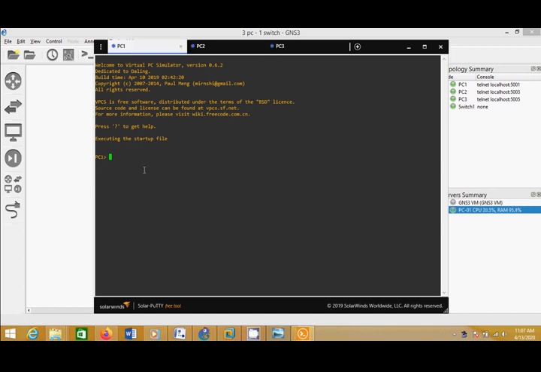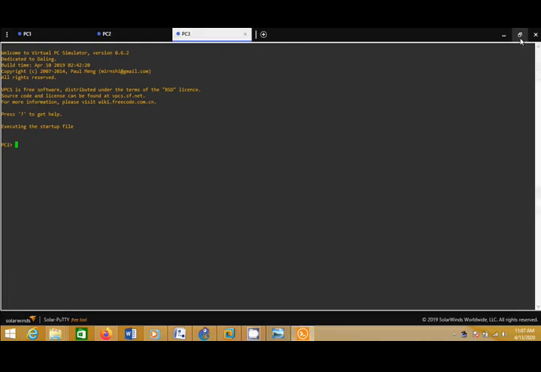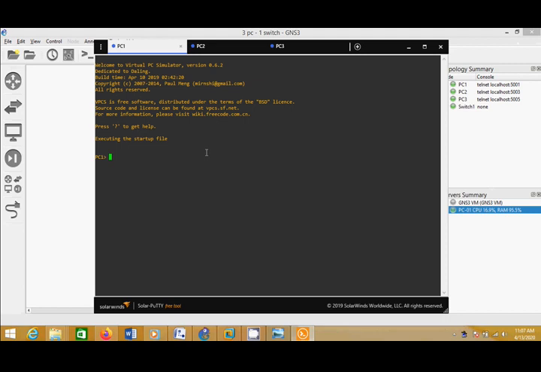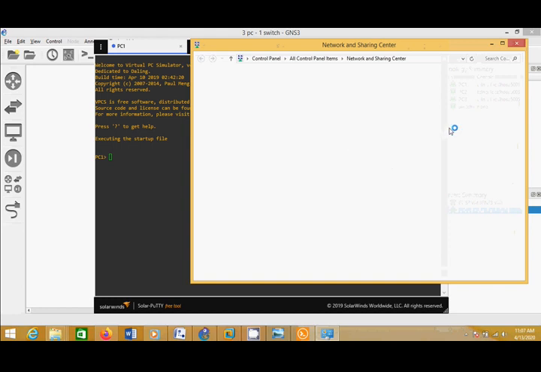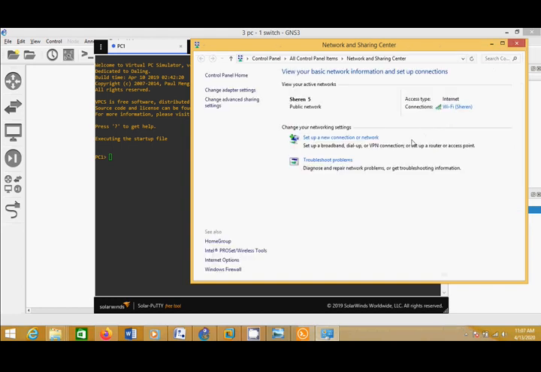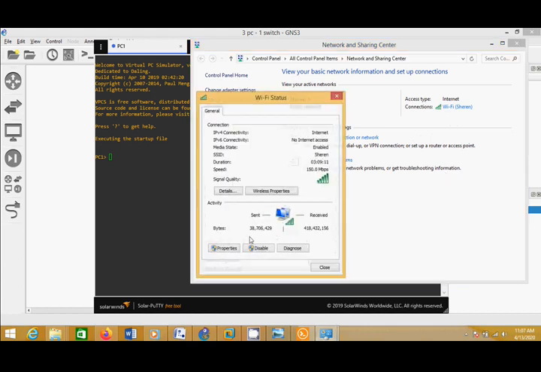Okay, then let's set the IP of PC1, PC2, and PC3. To set the IP in each of the PCs is very simple, because you can just type the IP, gateway, or mask, just like when I set the IP in Windows, but it's using a GUI.